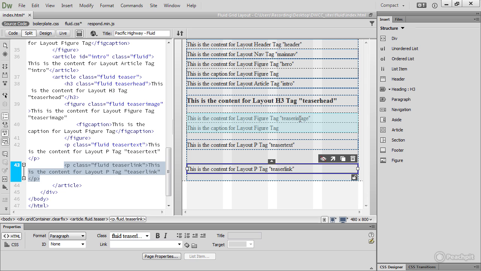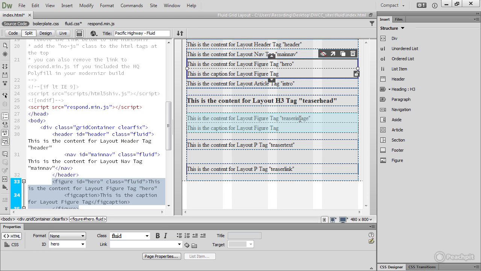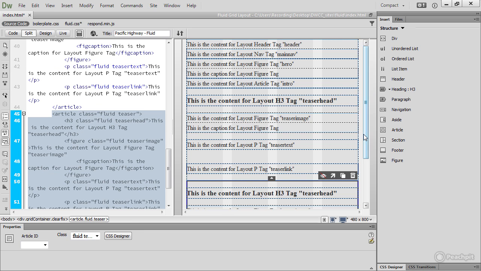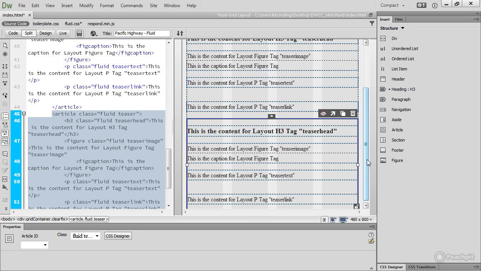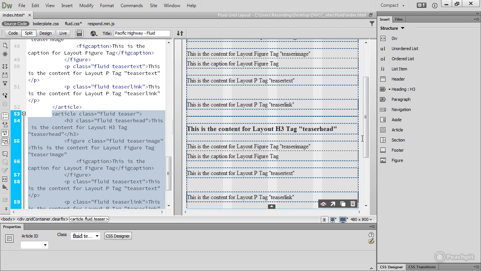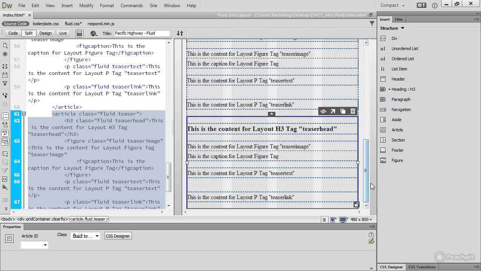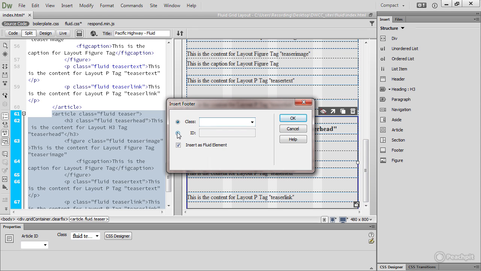Then if I use my right arrow key, I can start moving around until I've selected the whole of that teaser article. And at the top right of the teaser article, there are the tools. Duplicate article teaser. Click that, and it gives me a complete teaser article. And again, and I need to do that 3 times altogether, so I've got 4 teaser articles. I've still got the teaser article selected, so the next element will be added after it. So click footer, give this the ID of footer,